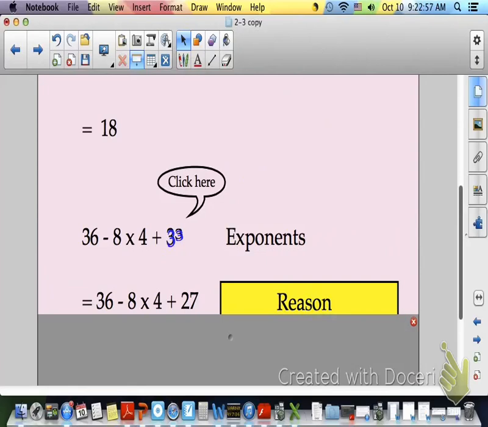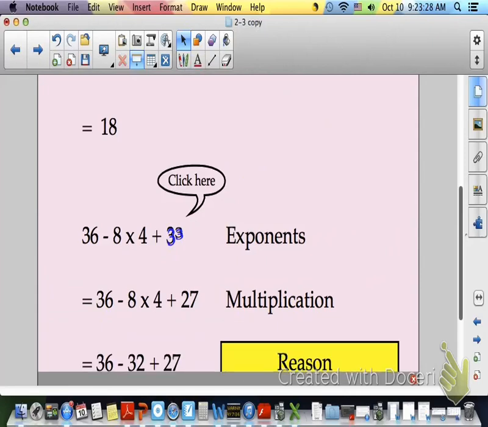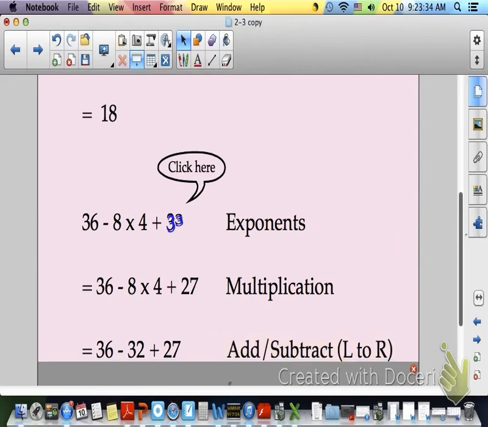Now I'm left with 3 operations. Which operation comes next? Multiplication. So what should the next step look like? Can someone tell me? Troy? So that would equal 36 minus. Oh shoot! Oh, 32. 32. 36 minus 32 plus 27. Excellent. 36 minus 32 plus 27. And then next thing you would do. Add and subtract. Now the next is